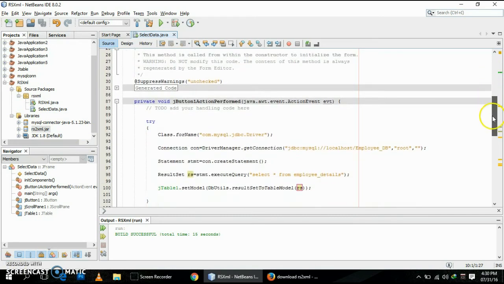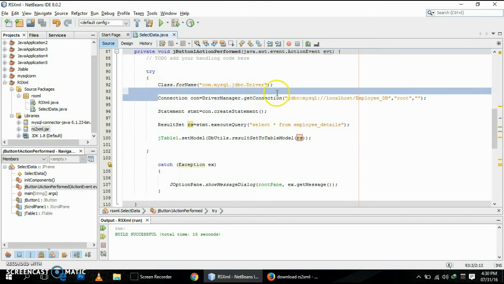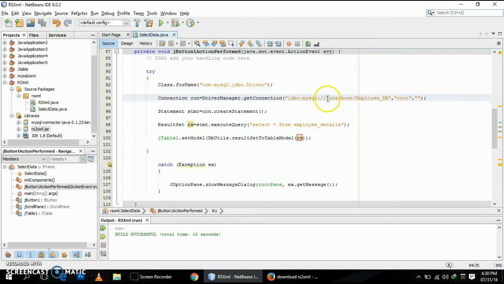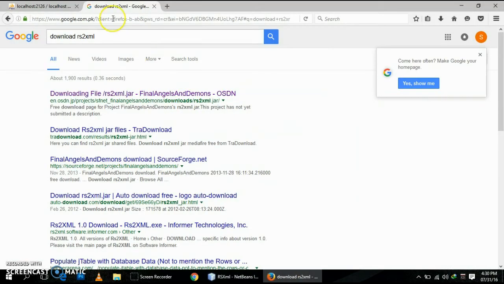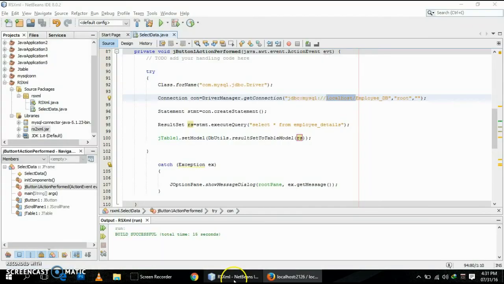In my button code, I have written the first line to load the MySQL driver, com.mysql.jdbc.Driver. This will load your JDBC driver. Second line is for the connection. Here you need to notice a few things. First thing is the localhost, which we wrote over here, and the port is not written here, so you just have to write localhost, your host name here. After that,